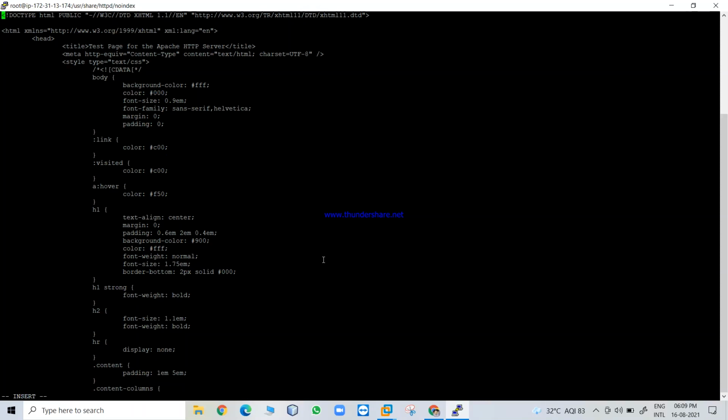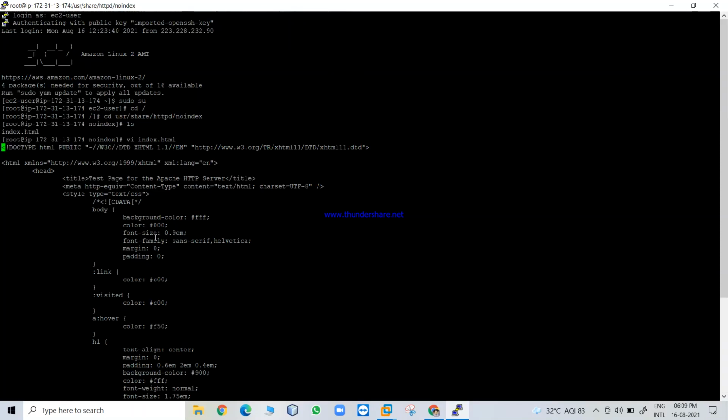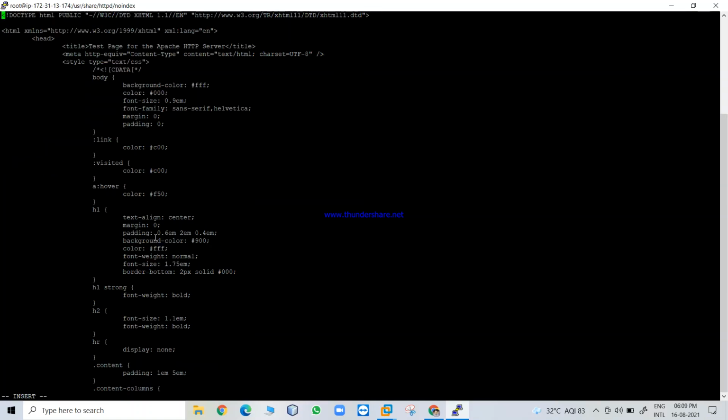Then press i. It comes into insert mode. Then we can insert anything. Title.